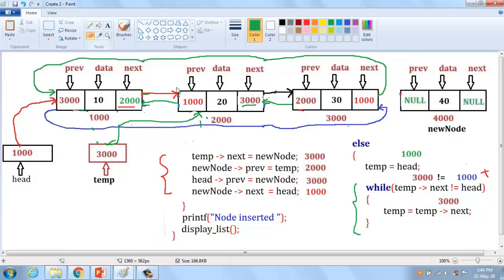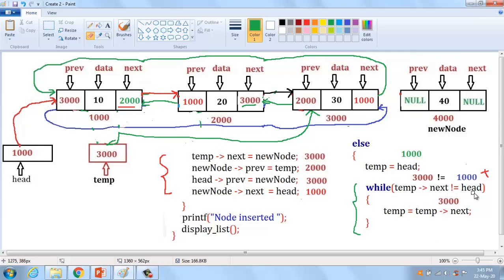The link is terminated from the temp node to the second node, and then this link is connected to the third node in the list. Could you understand? Because temp equals 3000. And again you have to check the condition.